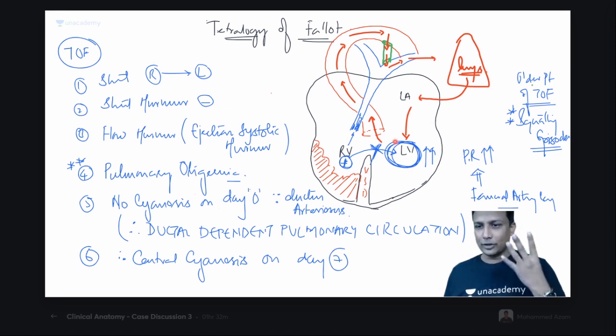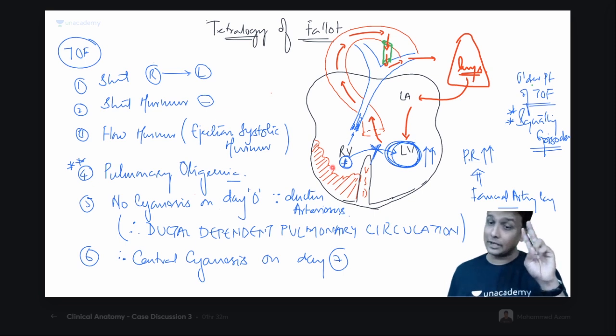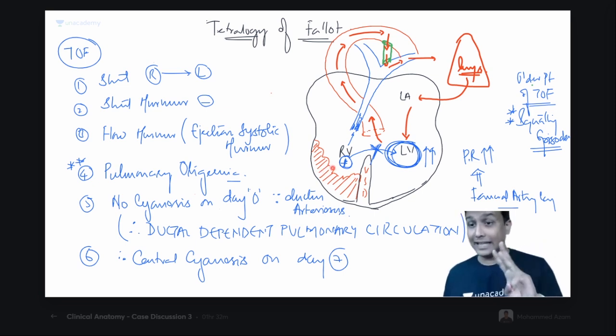Tetralogy of Fallot, 4 things. Point number 1, pulmonary stenosis. Point number 2, right ventricular hypertrophy. Point number 3, ventricular septal defect, VSD. And point number 4 will be overriding aorta. Okay. And suppose you are having ASD in this one along with that, that is pentalogy. And suppose there is only point number 1, pulmonary stenosis, number 2, right ventricular hypertrophy, along with the ASD, then it is trilogy, guys. Done. And the hallmark feature will be nothing but the pulmonary stenosis, subpulmonary stenosis.